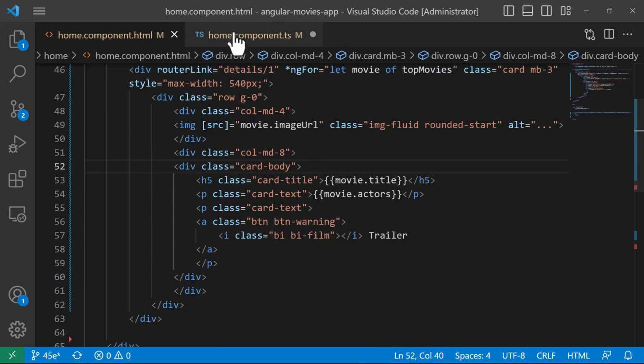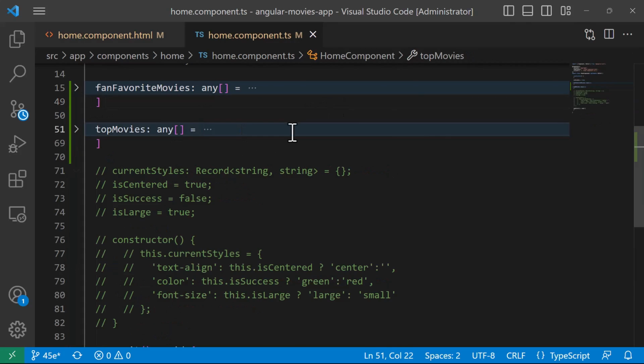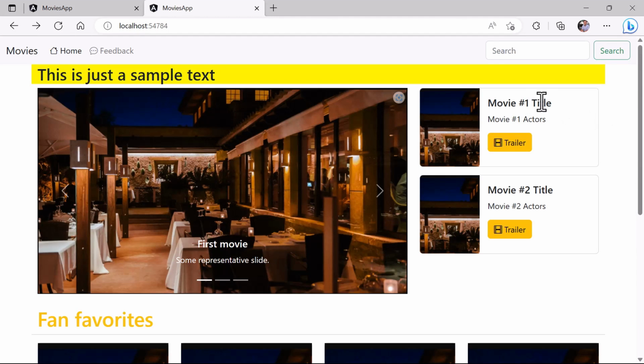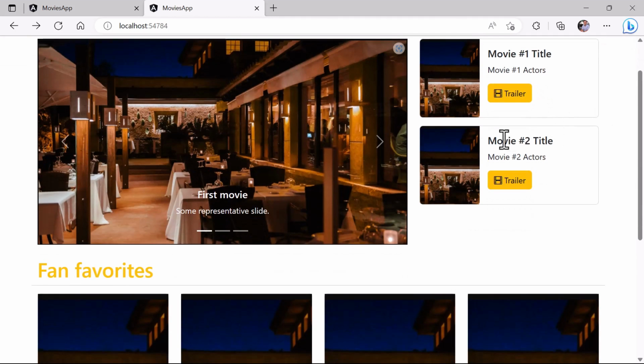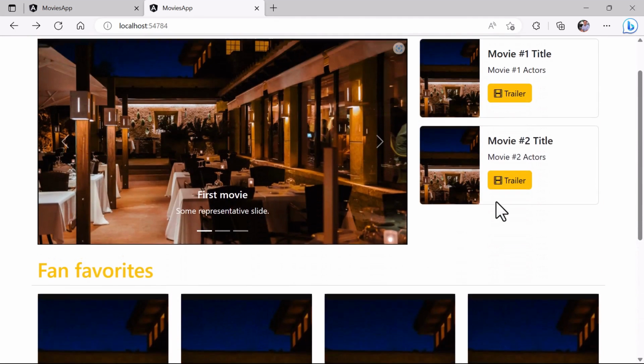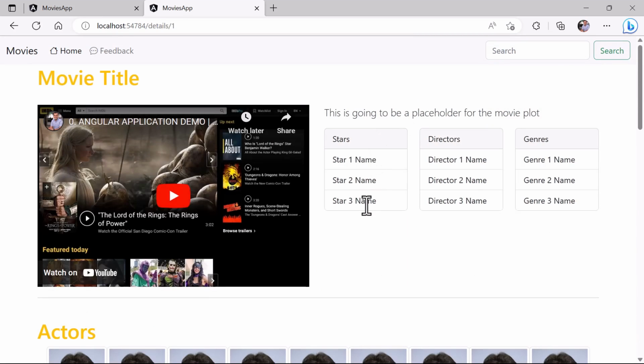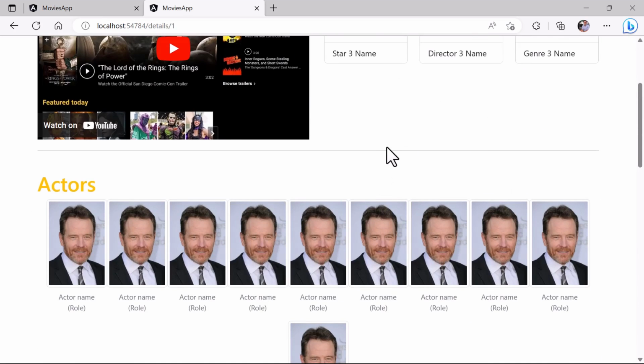Let us save the changes here, and save the changes on the TypeScript file as well. And then I'll go back to our app. Now you can see that we have movie 1 title here and movie 2 title here, and the fan favorite section down here. Now, if you go to the details, of course, there are still some other sections that need to be improved, but we're going to do that in the next